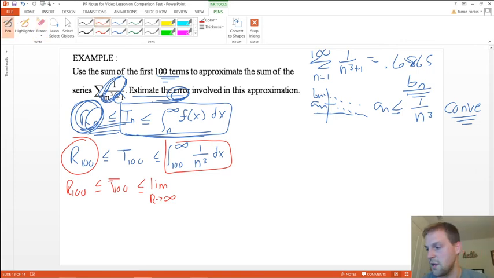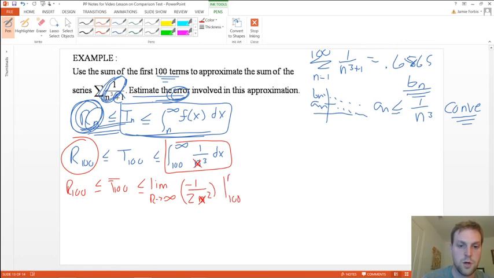The integration of 1 over n cubed is going to be negative 1 over 2n squared. And since I'm talking about f of x, I should really call that x. Okay, and I'm going to do that from 100 to R. Okay. Now, I'm trying to squeeze it all in here. Let's see if I can get it real fast. So if I do that,